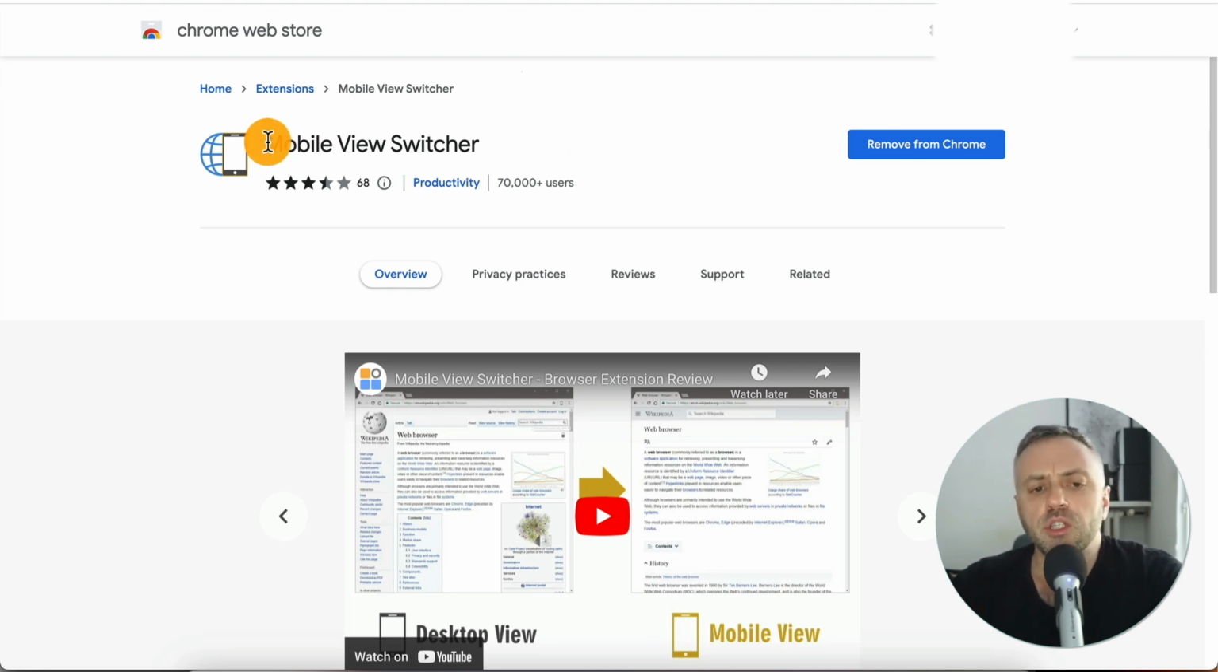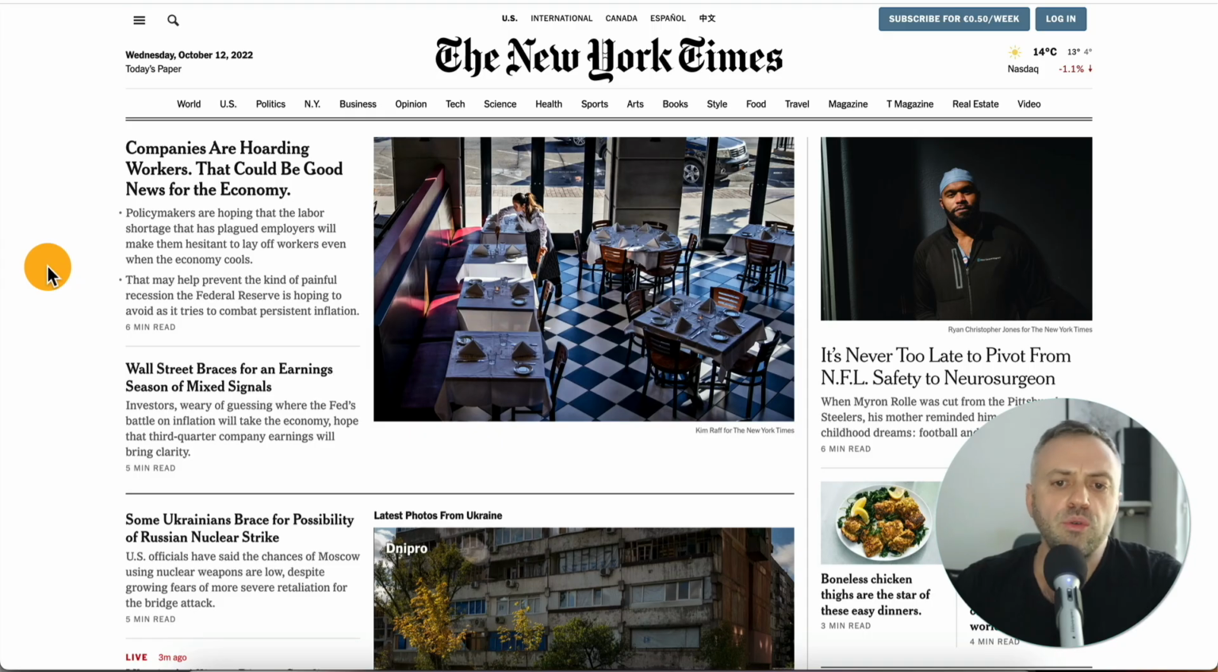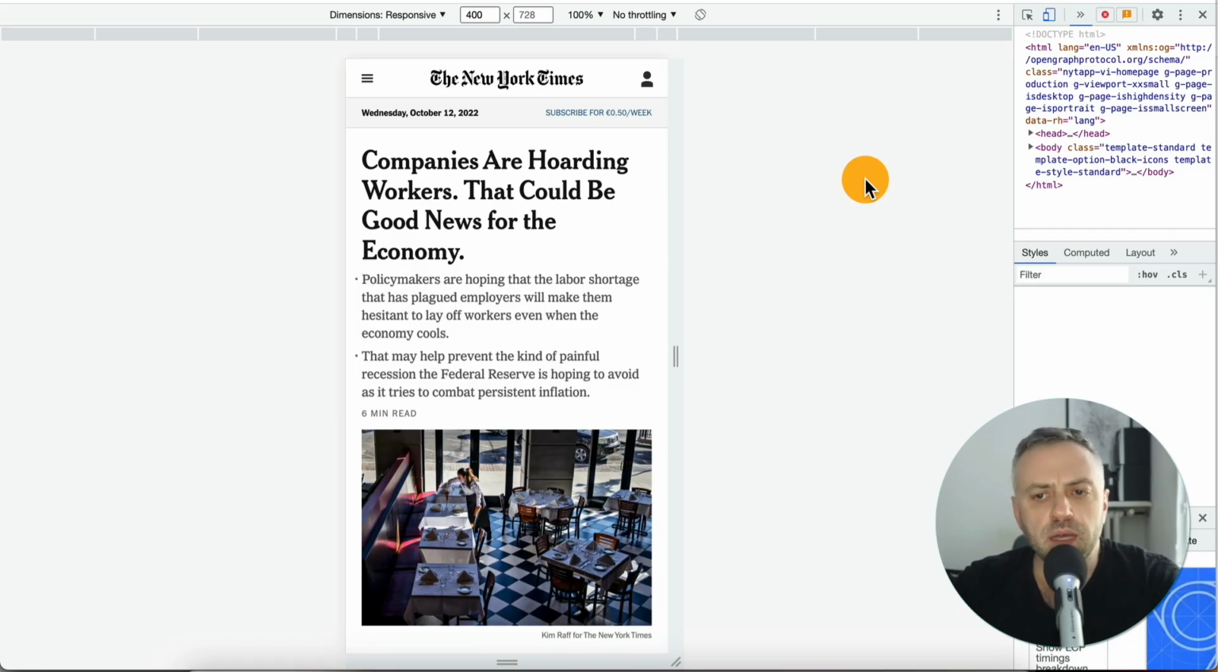The first such extension is called Mobile View Switcher. And this allows me to easily switch the view from a desktop view to a mobile view, okay? And so if you are here on a website such as the New York Times, and you want to see how this website looks on mobile, you can simply click on this tool and you will see a mobile